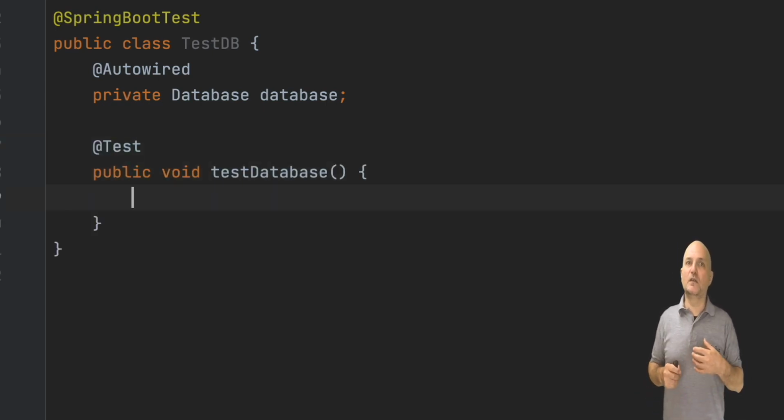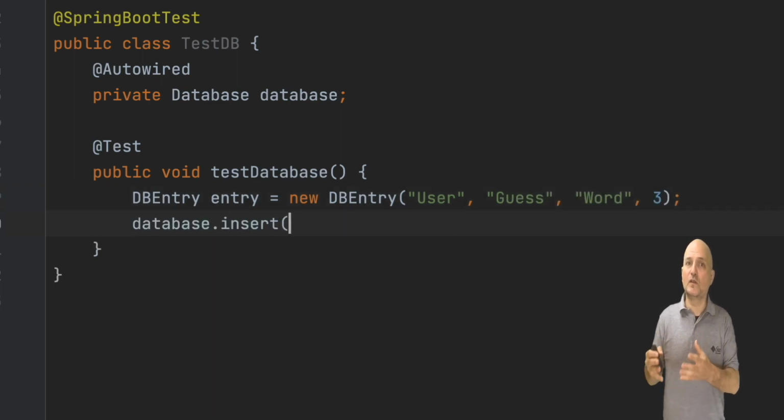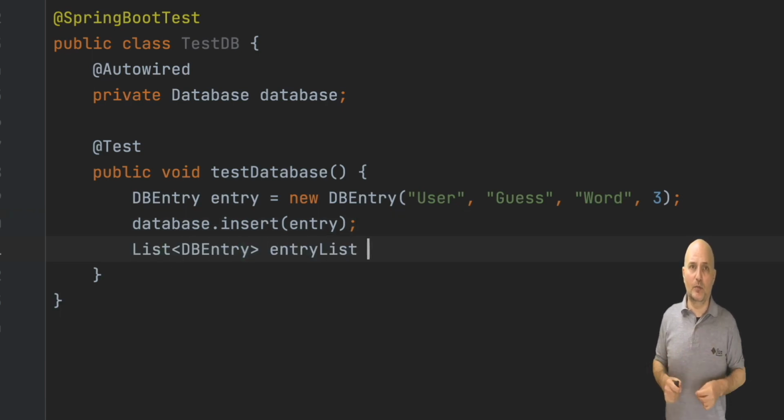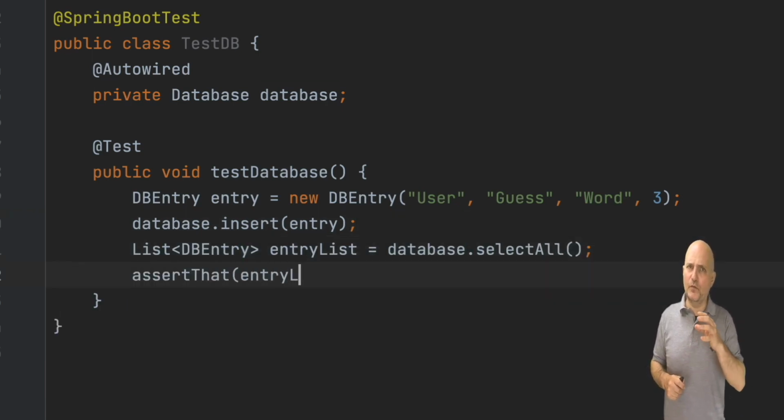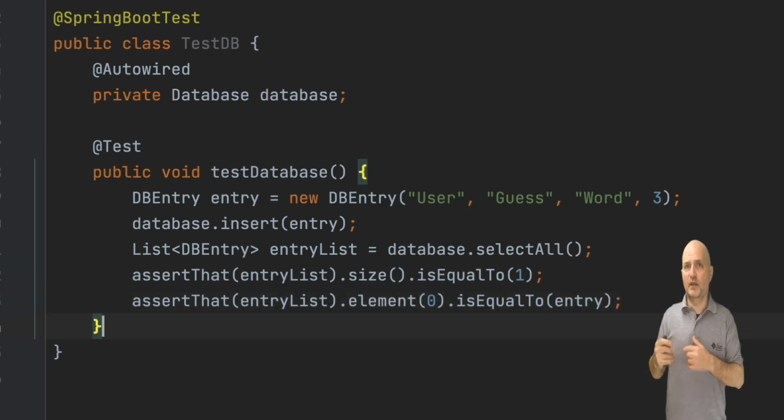Writing a test is as easy as creating a method and annotating it with the test annotation. We can then write code that uses the API we just developed. In this case, I just create a simple record to use for the data and then insert it into the database. We then invoke the select_all method to fetch the entries from the database.